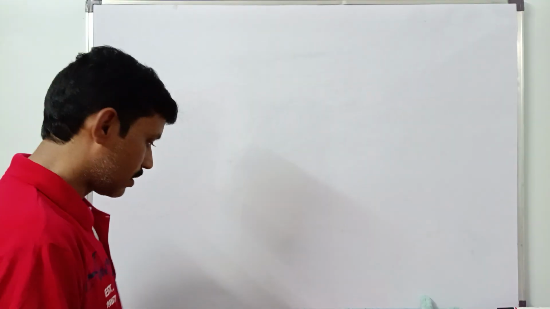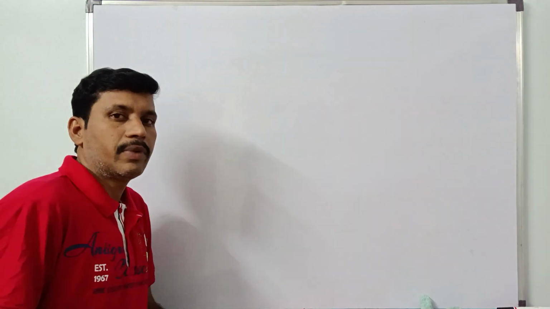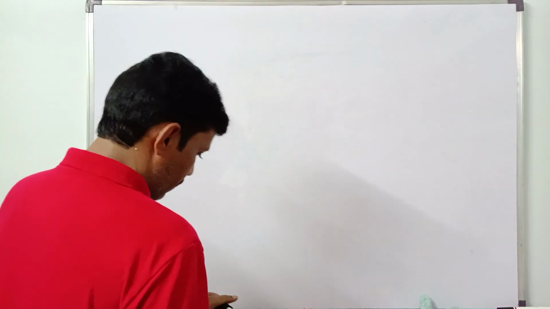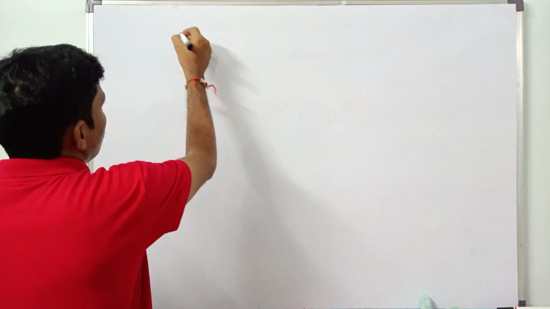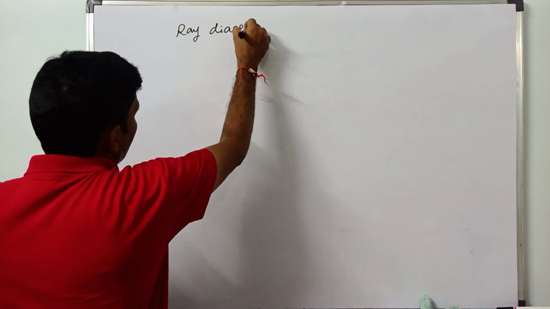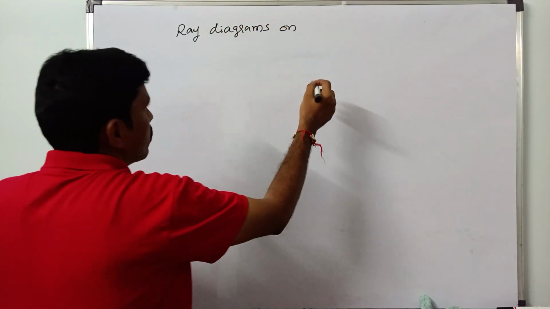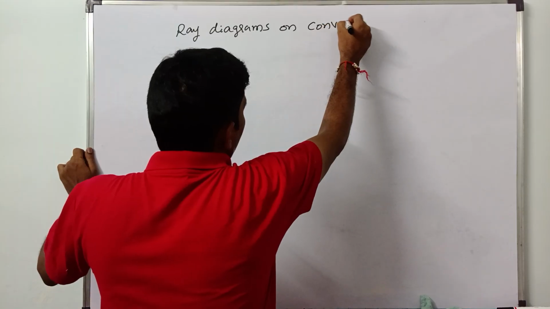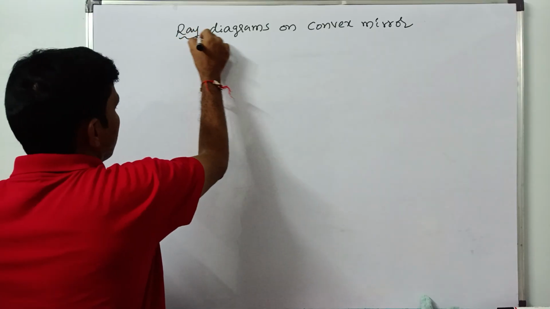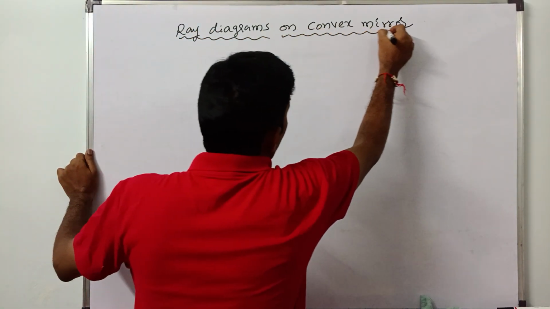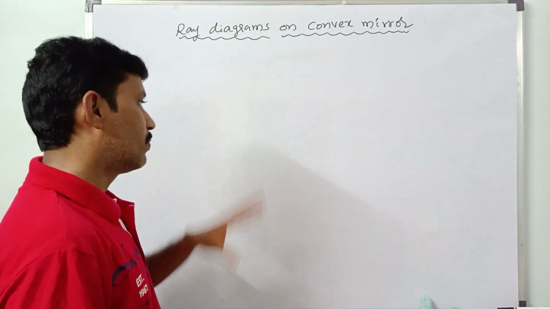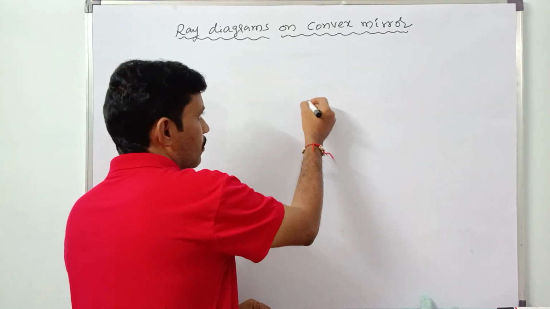Okay, right? In the previous class, we completed the ray diagrams on concave mirror. Am I right? Today, let us discuss ray diagrams on convex mirror. Ray diagrams on convex mirror. So before going to discuss that,